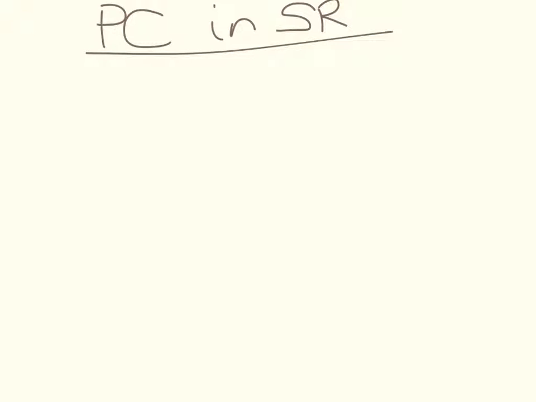So again, we're going to look at perfect competition, but we're going to look at perfect competition in the short run. In the last presentation I said that in the long run with perfect competition, they're only going to make normal profit. And in some ways this is good because it's going to be allocatively efficient, and they're also going to produce at the lowest point on the average cost curve, so productively efficient.